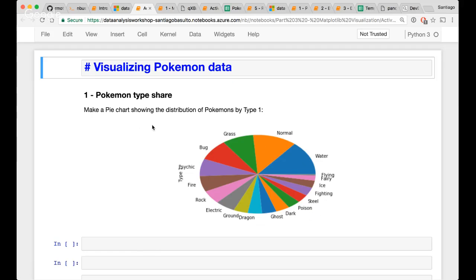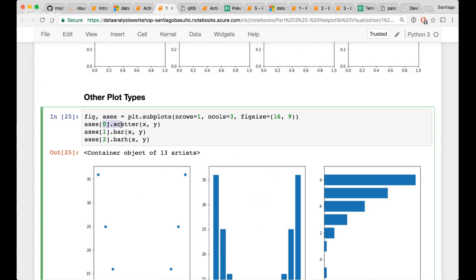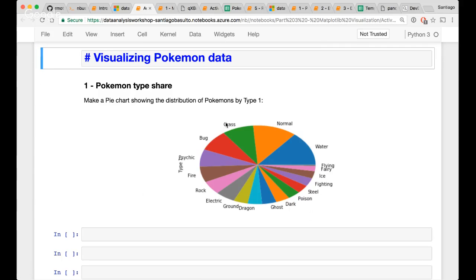All right, what we will ask you to build is this simple pie plot. You will have to Google how to do a pie plot, but just for you to know, it's going to be super similar to what you can see right here. And of course, you will have to combine that with the data analysis activities we did,